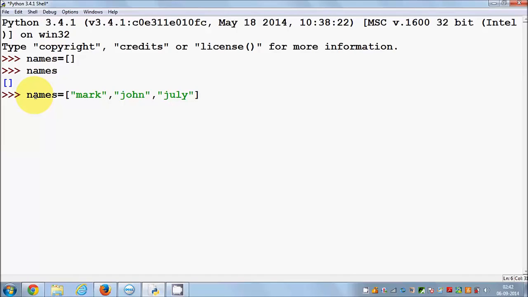So it depends upon you what number of values you want to have in the list. And when I press enter, your names variable, which is a list, is initialized with these values. Now when you call this names variable once again, it has these three values. Now there is a term called index in Python for a list, which indicates the position of the values in your